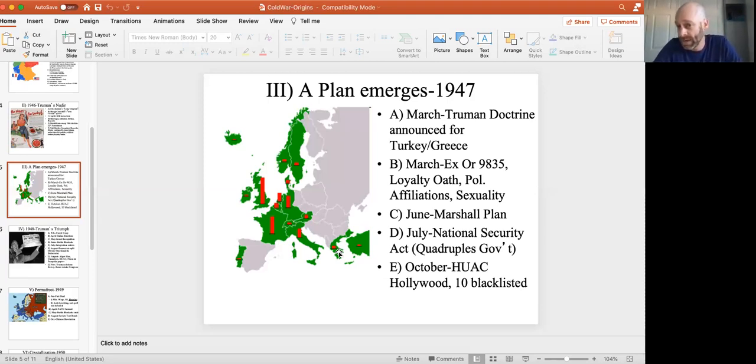They were leaving everywhere. They left India, Pakistan, and Bangladesh that year. They would leave Palestine that year as well. And they decided they were going to leave Greece and Turkey. Now, who cares about Greece and Turkey? Well, the biggest issue is that Greece and Turkey are right here on the Dardanelles.